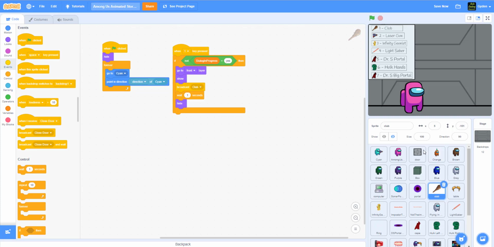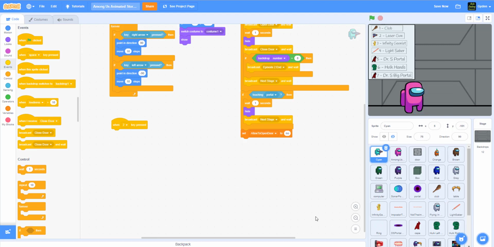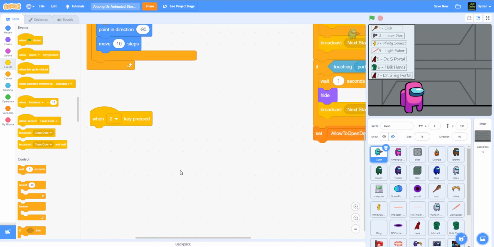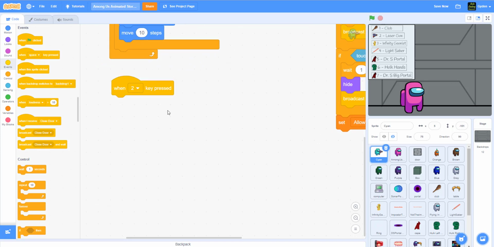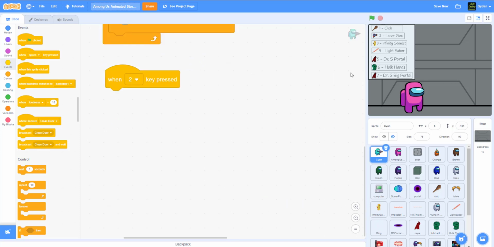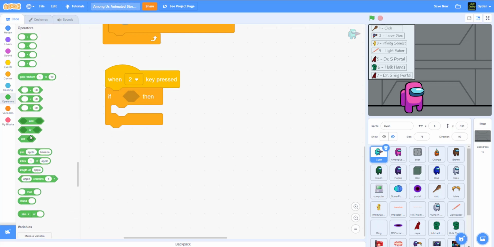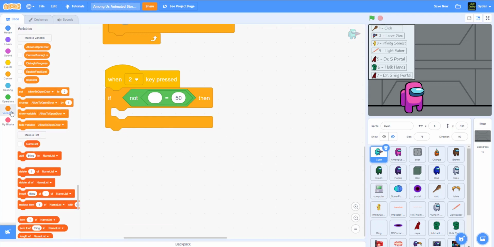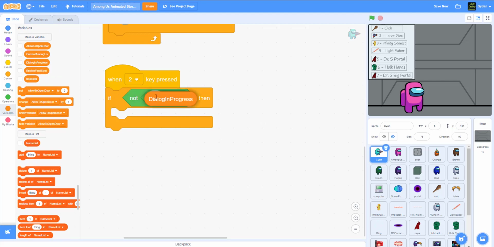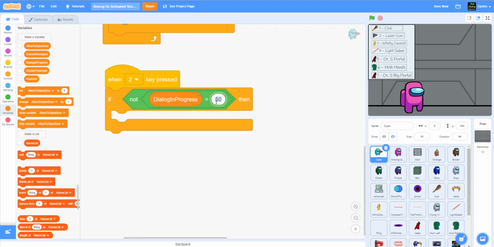Okay, let's go back to our sprite here. Let's zoom in a little bit. So we're coding for number 2 attack, which is the laser gun. Okay, so you drag the if statement here. We don't need the else. And then you drag the not operator, and then you drag the equal operator. Go to variable, select dialog in progress, say